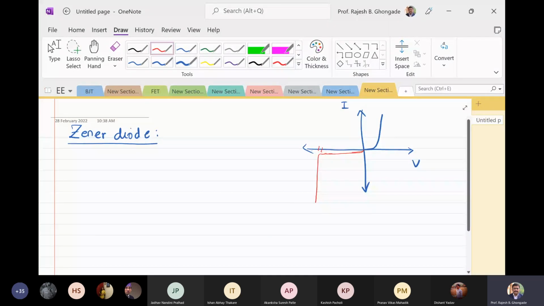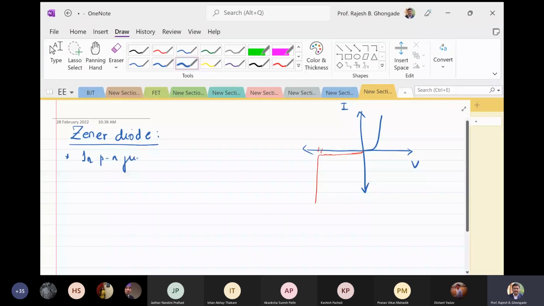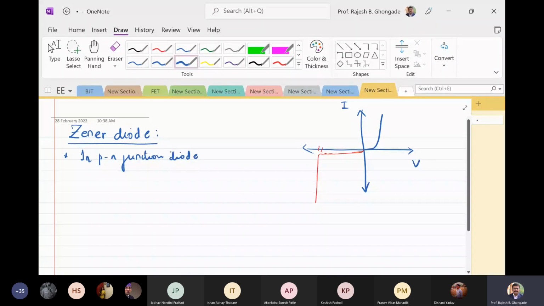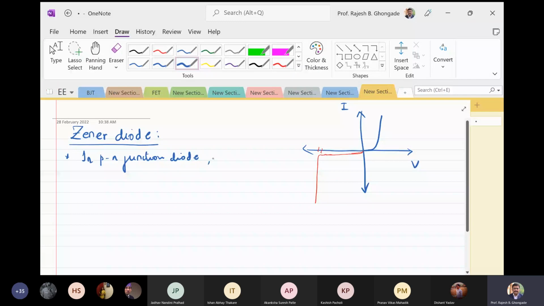This value is very large, like 50 volts, 100 volts, and so on. So in a PN junction diode, junction breakdown is observed